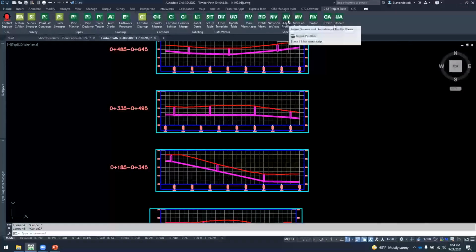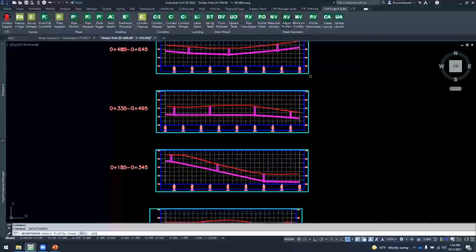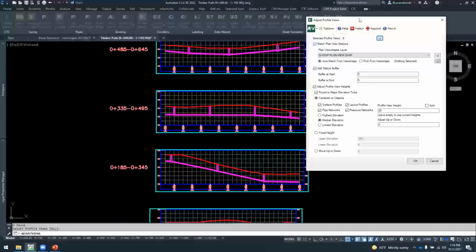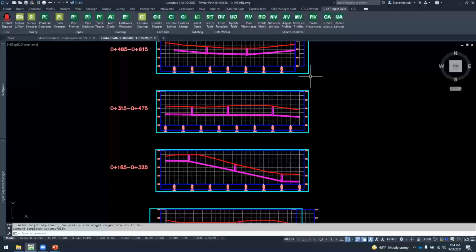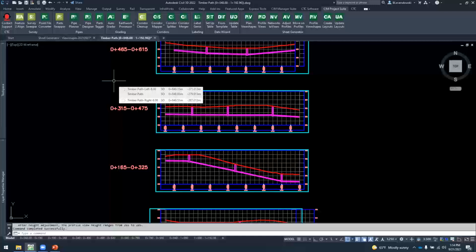I run adjust profiles, choose all my profiles, and it remembers all the previous settings, except this time it's going to scan for my current plan view stations and shift everything. So we should see 20 meter shifts in all these station values. I'm going to hit OK to this. Okay. Now I'm running this on this sheet drawing. Depending on the size of the project, say I had 20 sheets and I put 10 sheets in each drawing, I would do the process I'm showing you now just twice in 2 different drawings,